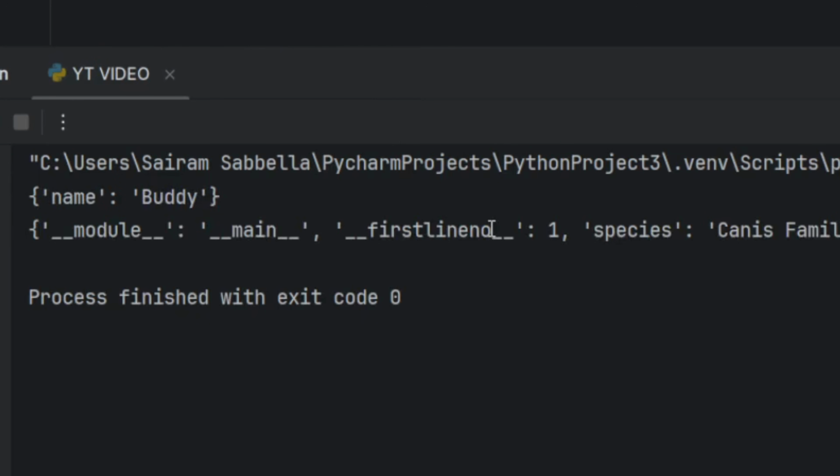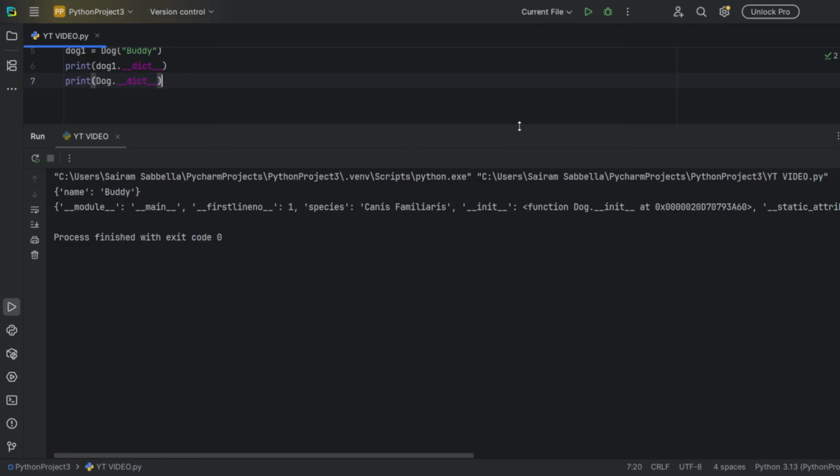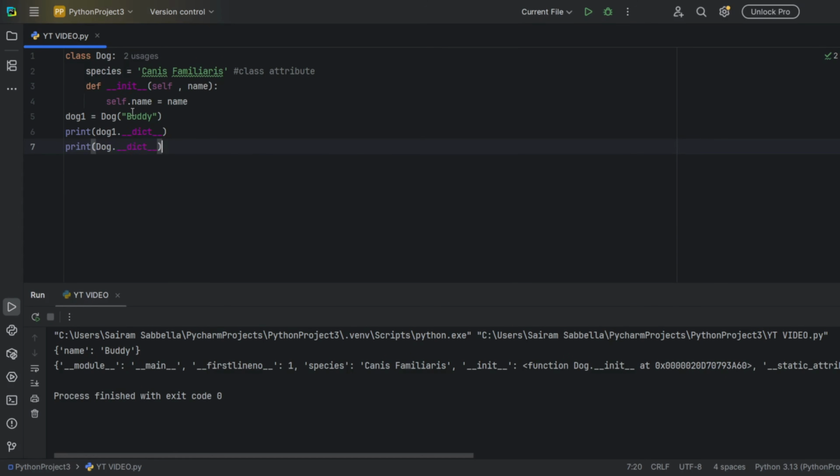as you can see, since it's a dict, we can infer that it's a dictionary, which we can see right over here. So if you look at the code, the only object attribute which we have given in our code is the name of the dog, which it showcases over here. Name is Buddy, the key value pair.